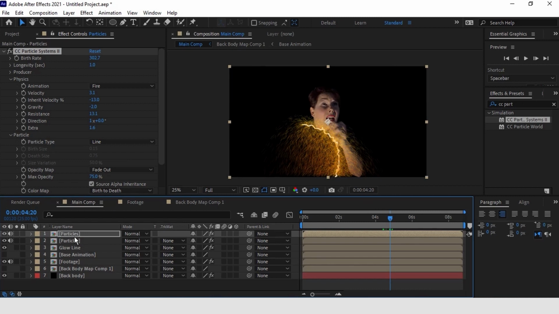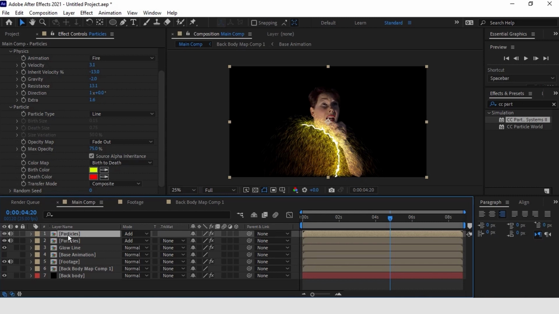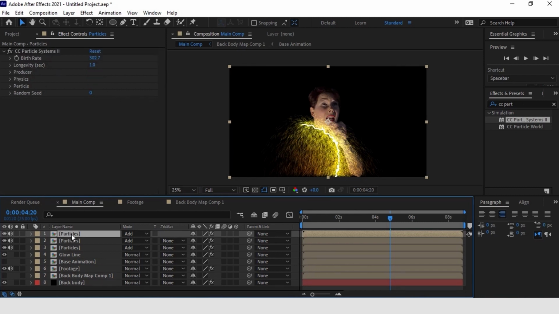Now select all the particle layers and change their blending mode to Add or Screen to brighten up the particles. Duplicate one particle layer one more time. This is going to be the glow stay layer.